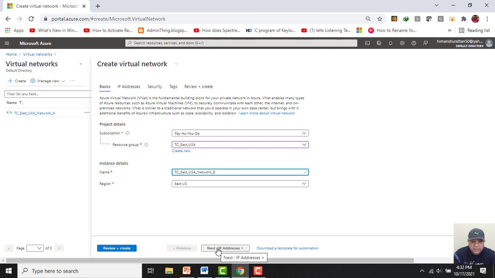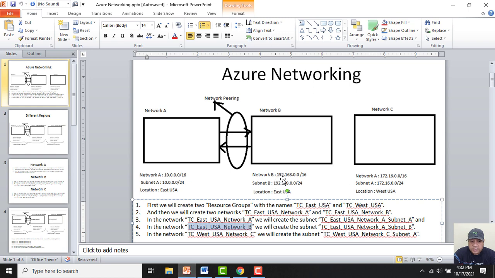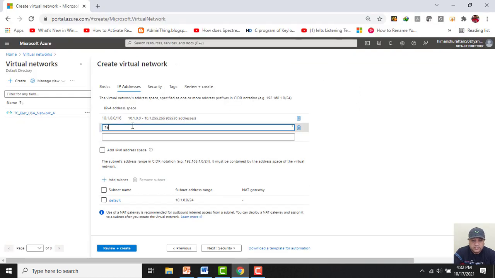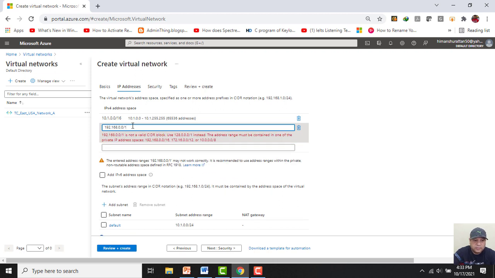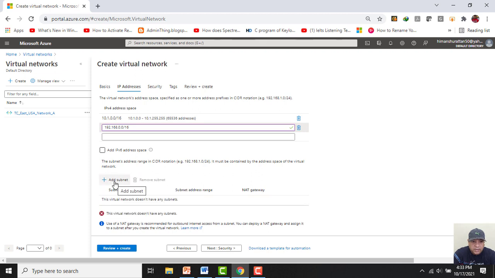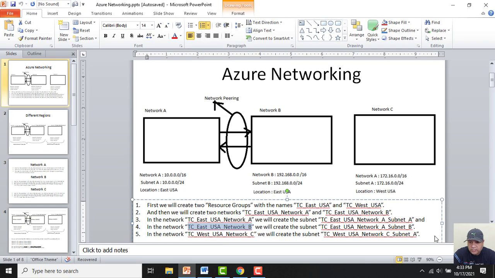Now I will click on next, IP addresses. Here I will use this IP series, 192.168.0.16. I will add the subnet, and I will give the subnet this name.